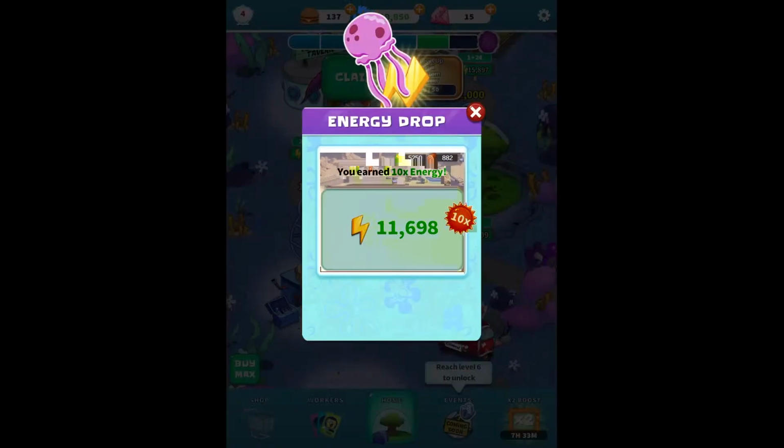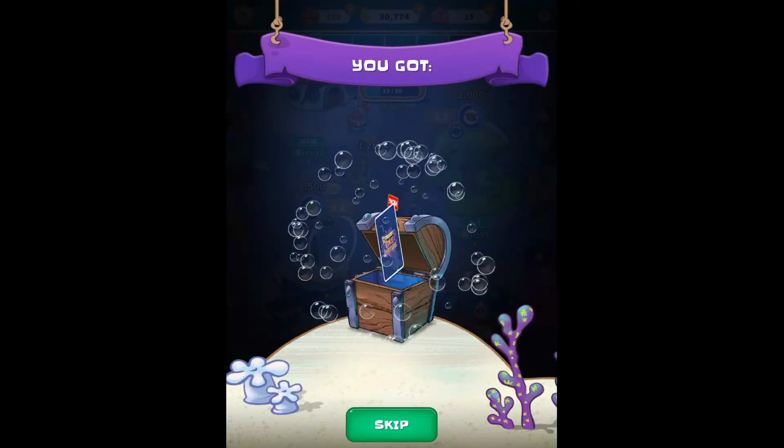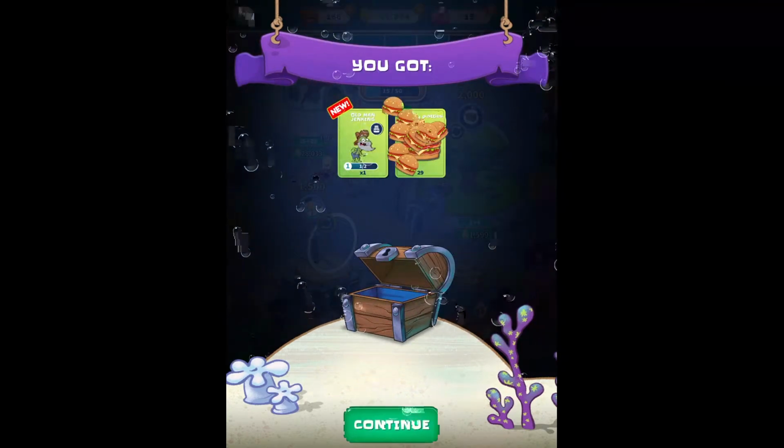There we go. We got 11,700 energy. Awesome. And we can claim the next reward. Collect 50,000 from Harry Tentacle Tavern. Let's see what our reward is. Old Man Jenkins. Awesome. As well as 29 Krabby Patties.